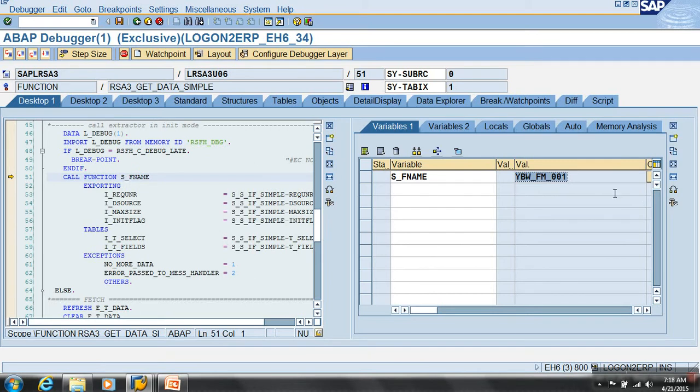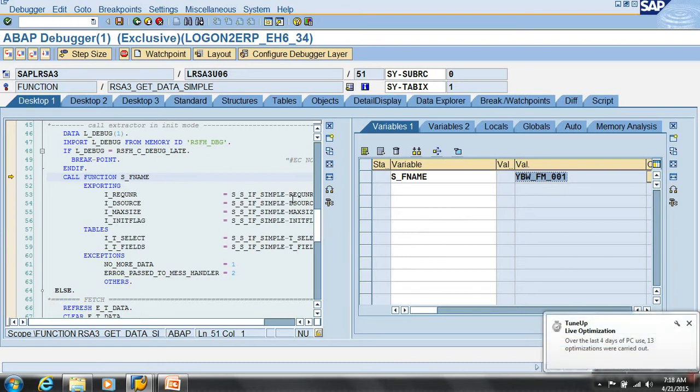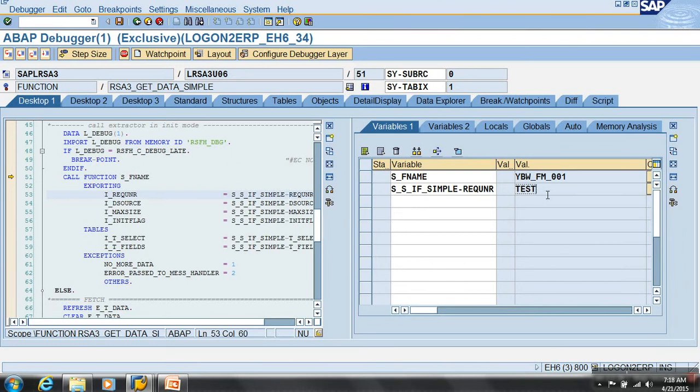Now it is calling that function model, passing the request number, data source and so on. The request number here is test, because it is called from RSA3. Then the data source name, max size 100. Init flag is X now. First time it is going to call my function model with all this.